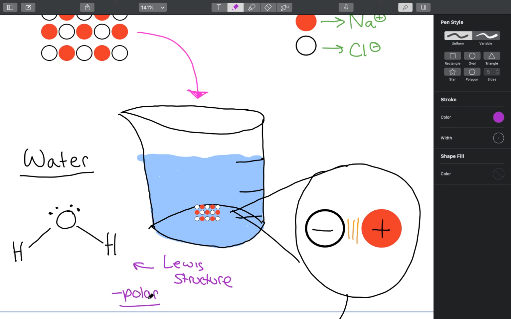So polar, or polarity, basically tells us that there is a partial positive end and a partial negative end. We're going to get more into polarity once we talk about electronegativity in a future video. So water is polar. So what happens is that this bond here is made up of two different